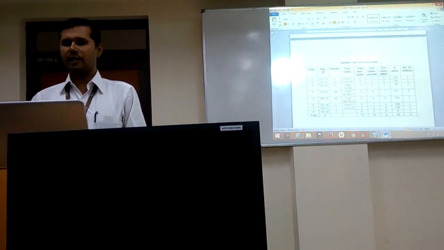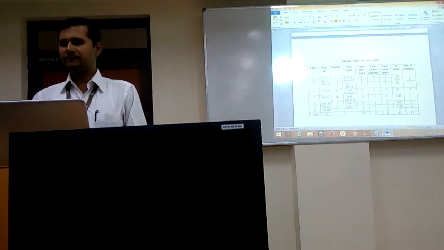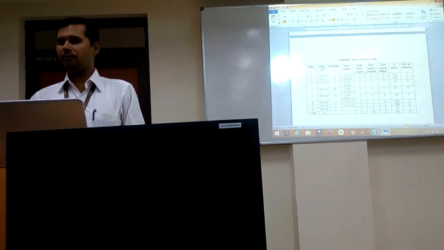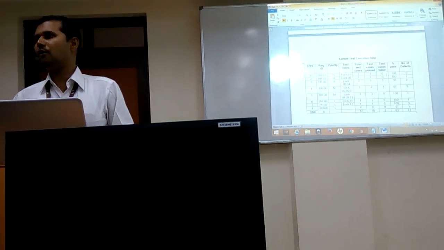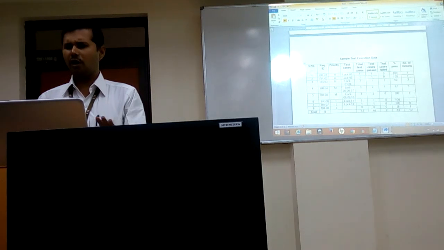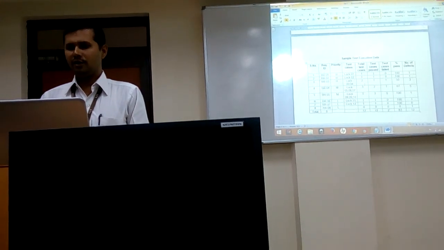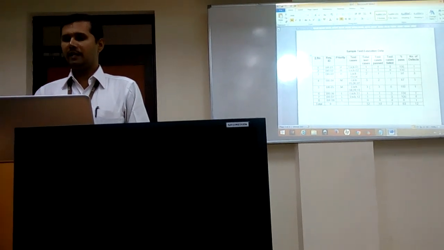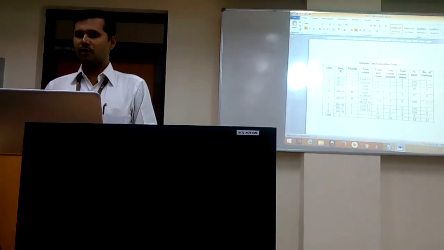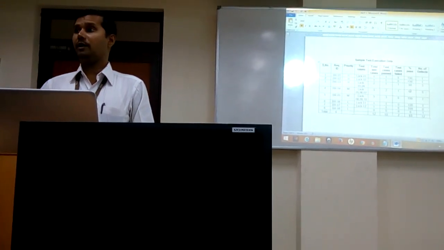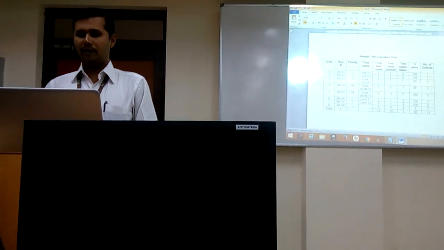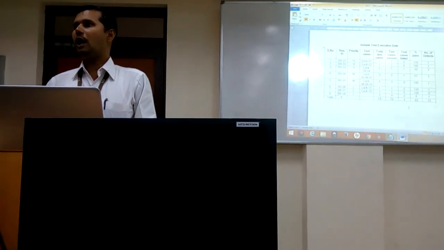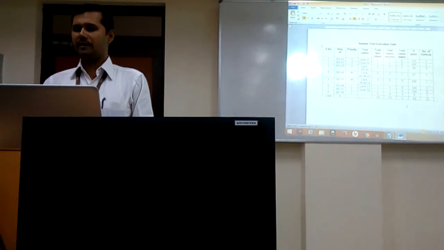It has the following fields: requirement ID, priority, test cases, number of test cases passed, test cases failed, percentage of passed test cases, and how many defects you have found from your test cases. All 8 requirements are tested. For requirement number 3, you have executed two test cases, but only one got passed, so the pass percentage will be 50. You are detecting 3 defects, right? Like this, you have to execute all the test cases, and finally find out how many test cases got passed and how many failed.